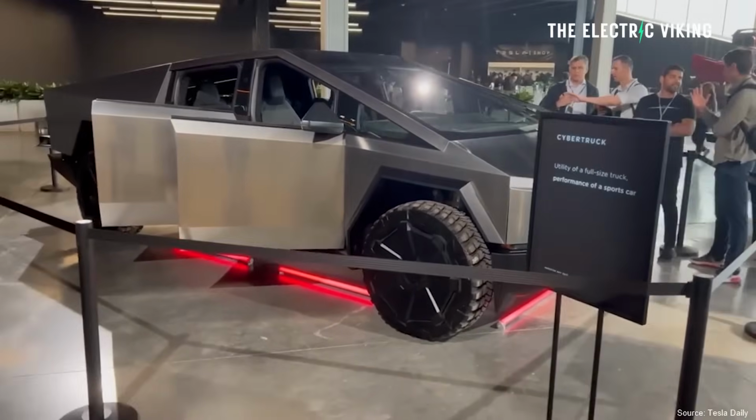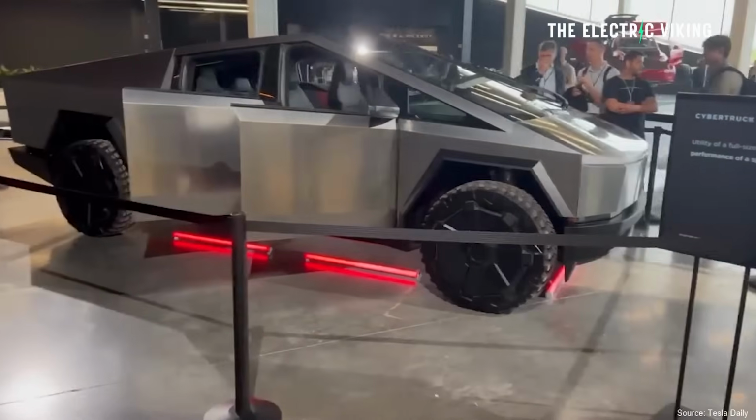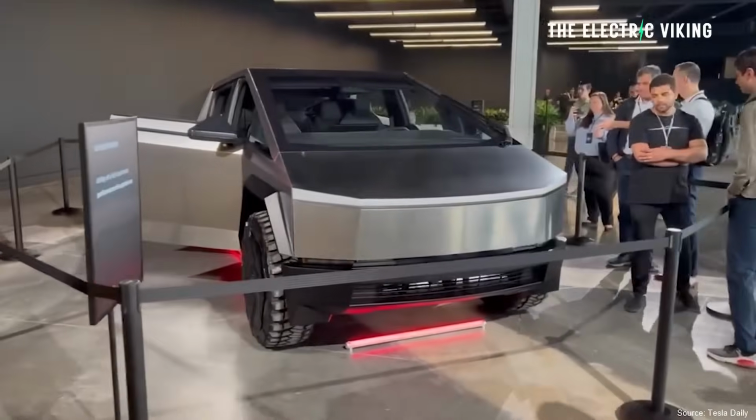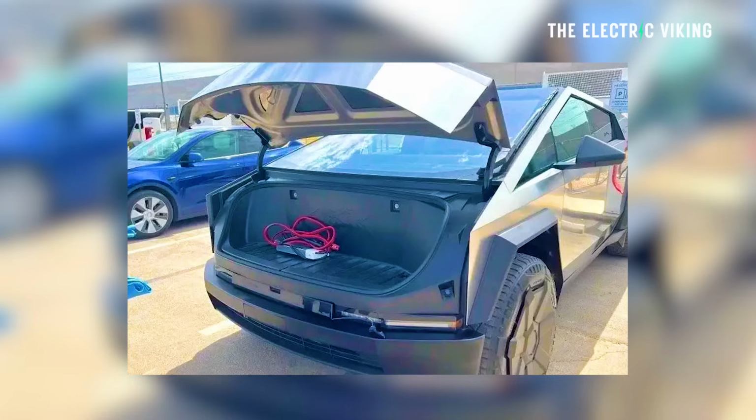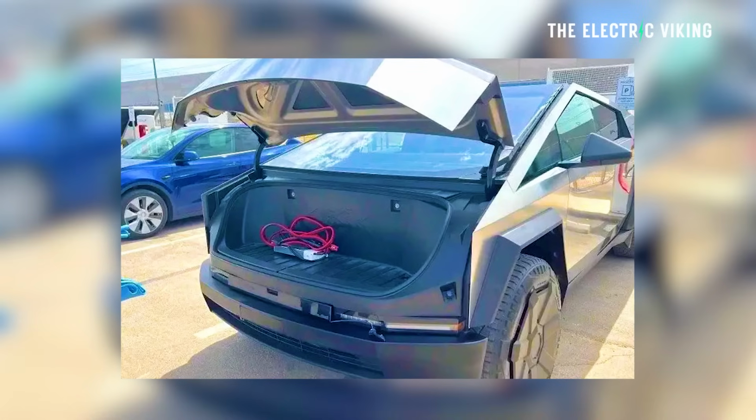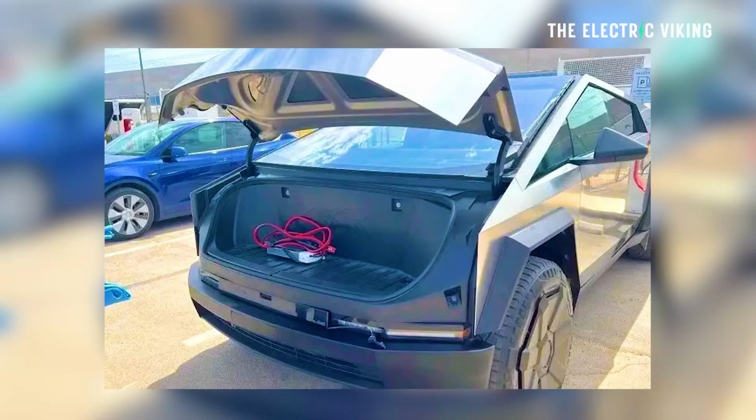Tesla Cybertruck release is imminent. It's going to happen within a few weeks' time. And this does look like the production version, but I'm a bit baffled as to why the frunk has this odd design to it. The frunk size is a little bigger than what we thought it was going to be